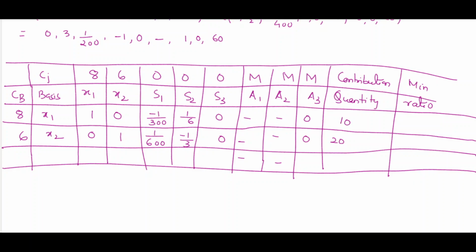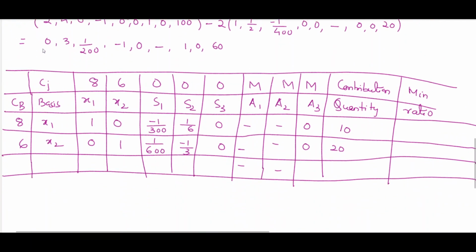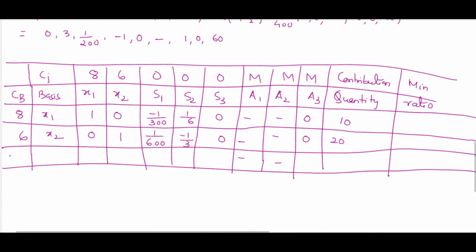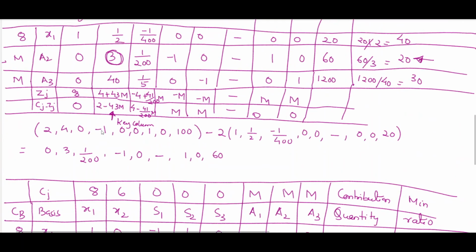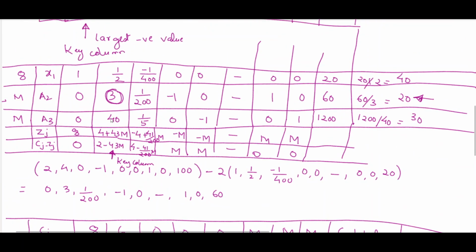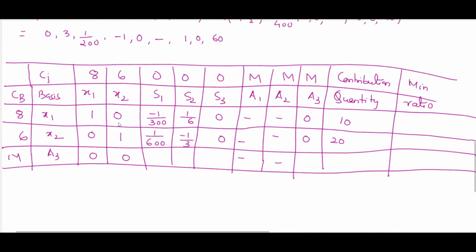Similarly for the third last row, it is your A3 and M, so it will remain as it is, because till now we could not find any outgoing element for it. So it is your 0 0, you do the calculation, here the intersection element is your 40. If you do all sort of calculations, you will get 2 by 5, this is 2 by 5, this is 40 by 3 minus 1 dash dash 1 400.